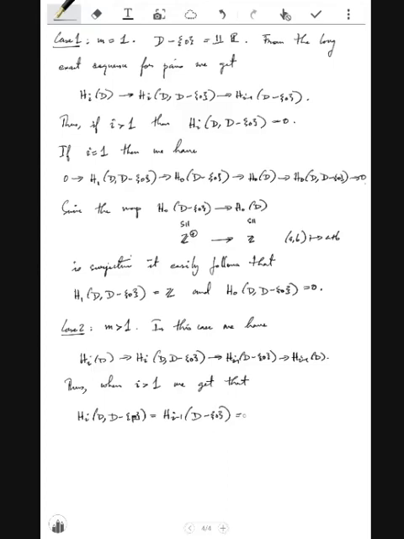But this T minus 0 is homotopy equivalent to the sphere S^(m minus 1), and so this is Z if i minus 1 is equal to m minus 1, so that's if i is equal to m, and 0 otherwise. Since i is greater than 1,